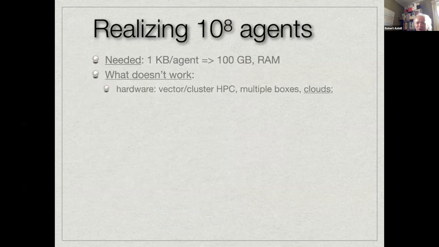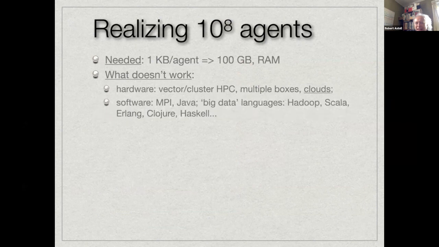And I'm reporting here on roughly 4 or 5 or 6 years of kind of wasted time trying to get clouds to work, or trying to get vector supercomputers to work, and none of that works very well. Even things like MPI, that we found that software systems, a variety of these things that are claimed to work well for various kinds of large-scale computing, don't work well for large-scale agents, just because the thing that you need for agents when you have densely interacting agents is to have them all on the same machine.